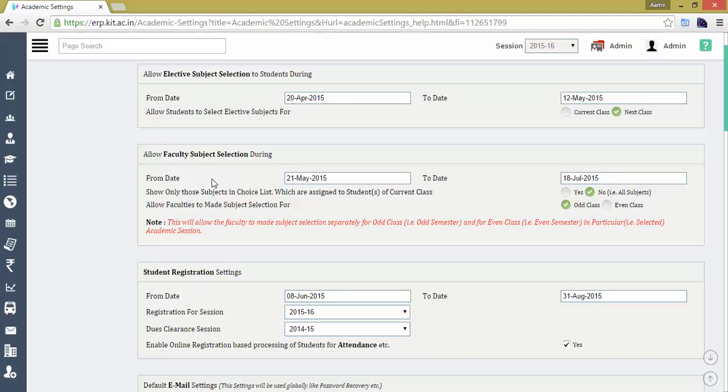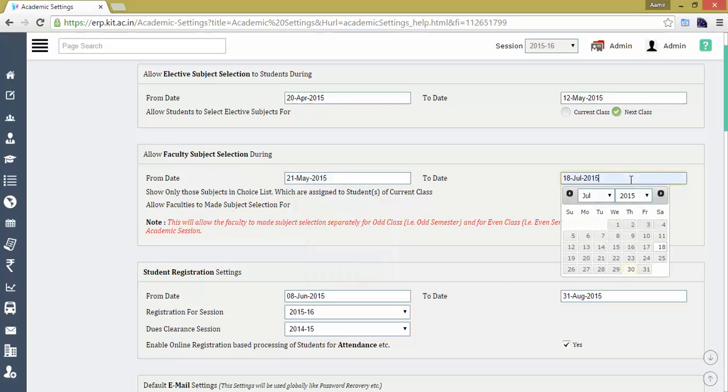We can collect the choice list from the faculty on which subjects he or she is interested to teach in the coming semester. In the same way we can give the from date and due date, in which date range faculty are required to submit their choice list of subjects they are interested to teach.